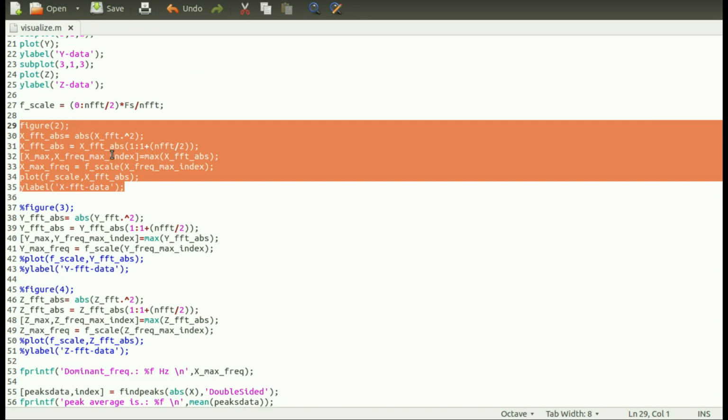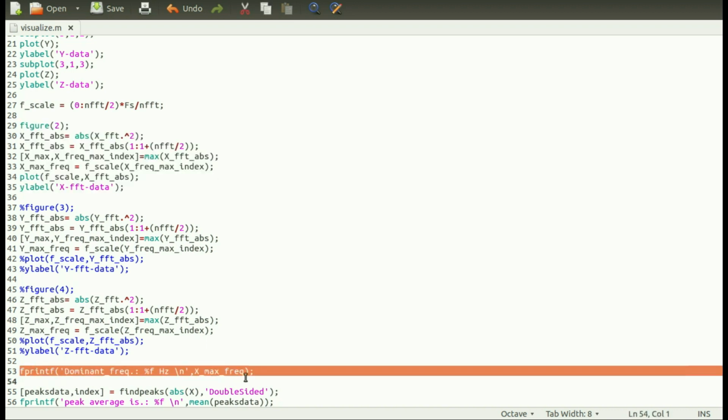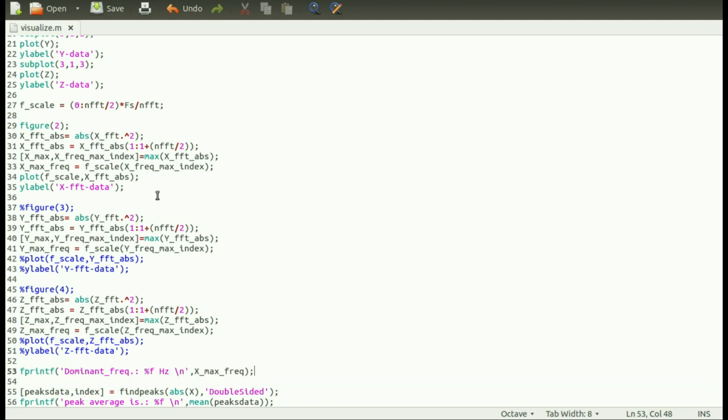I repeat again, this part will compute the FFT and plot the spectrum of our x-axis data that I have showed you already. Finally, this will print the dominant frequency. And what is the dominant frequency? I'll show you in a second.